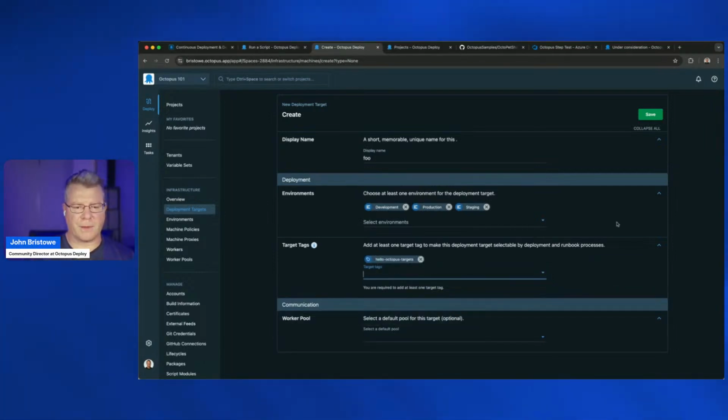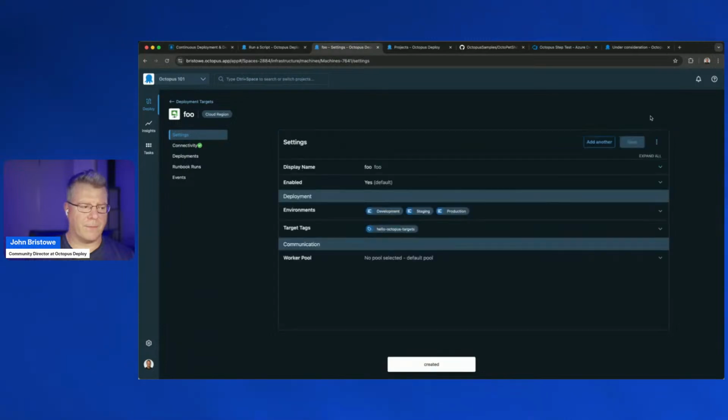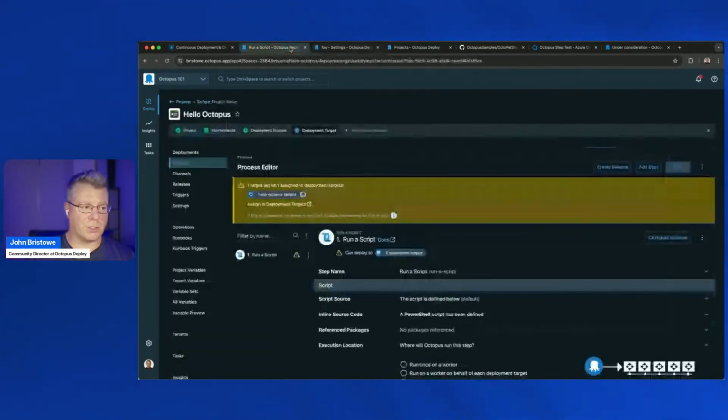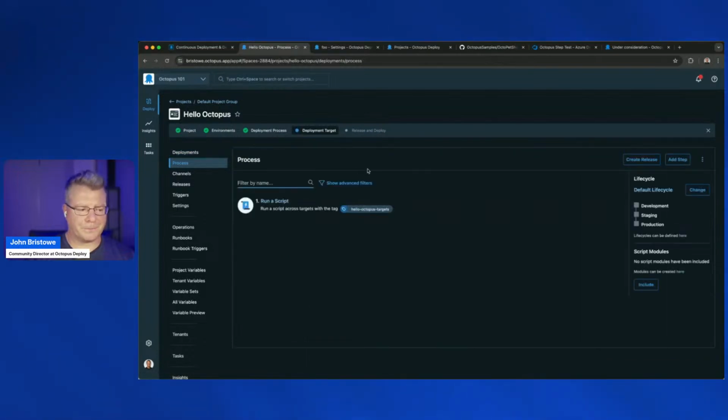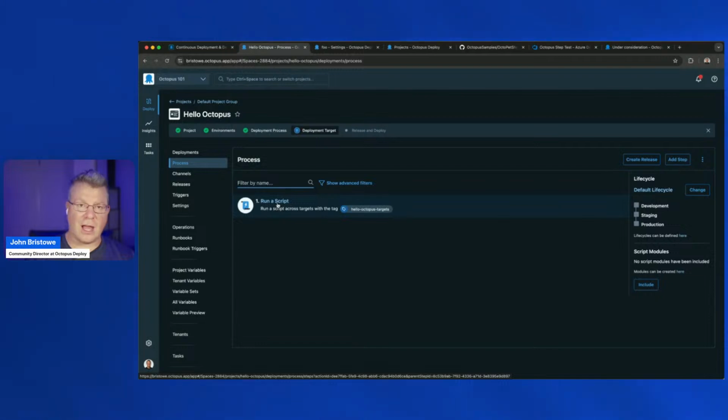I can also specify what's called a worker pool, etc. I don't have to do that here. So I've got my deployment target now set up, which is great. So now if I come back here and I take a look at my process, I've gone ahead and defined my script. The next thing I can do is now get to what I think everyone's looking forward to,